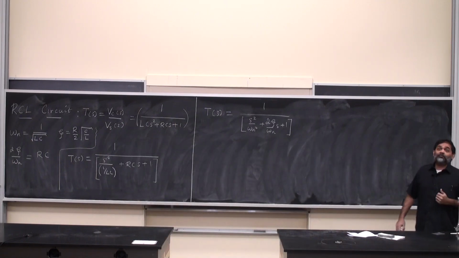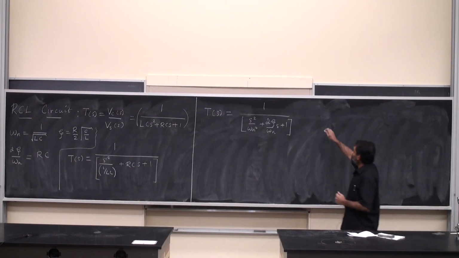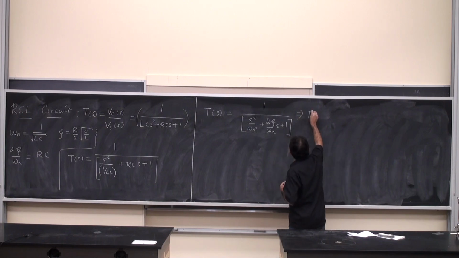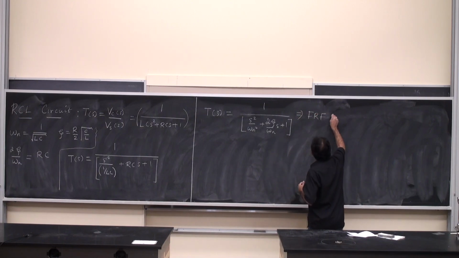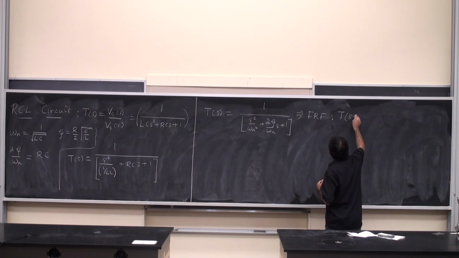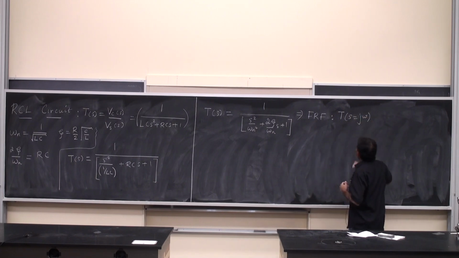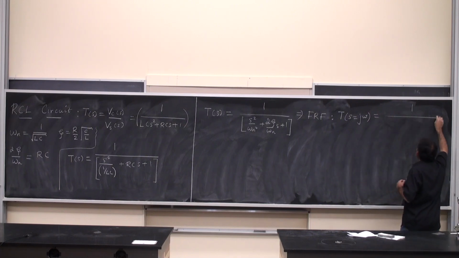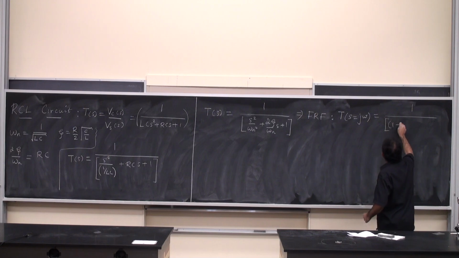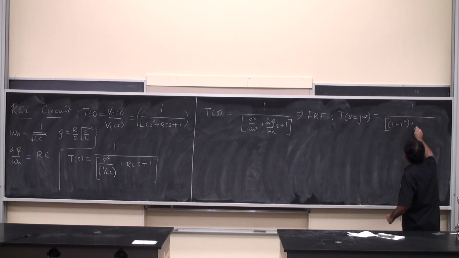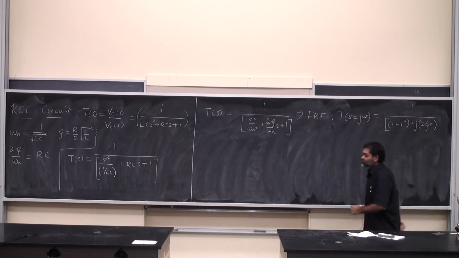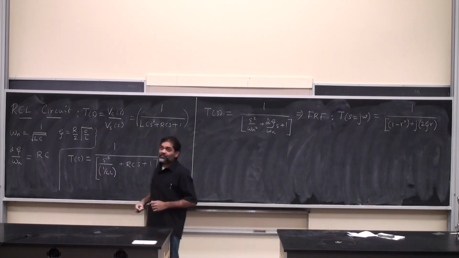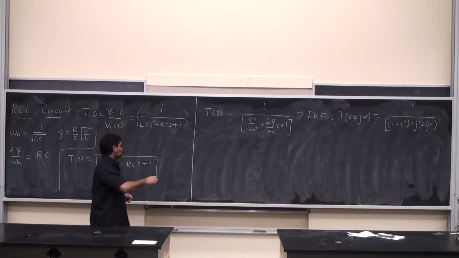Okay, then we calculate the frequency response function, which is T at S equal to j omega, and then we were able to write it in the following form. This is 1 by 1 minus R square plus j times 2 zeta R, where R is the frequency ratio, omega by omega n. Okay, so here R